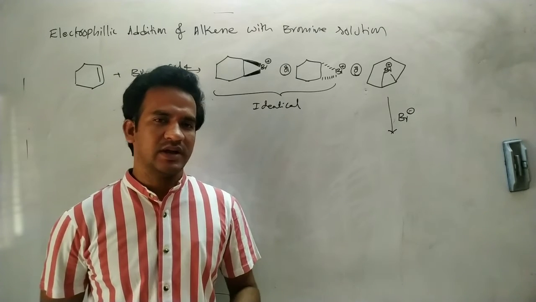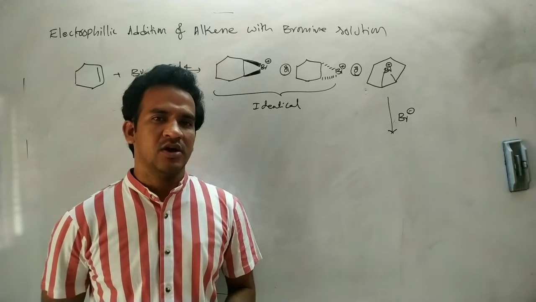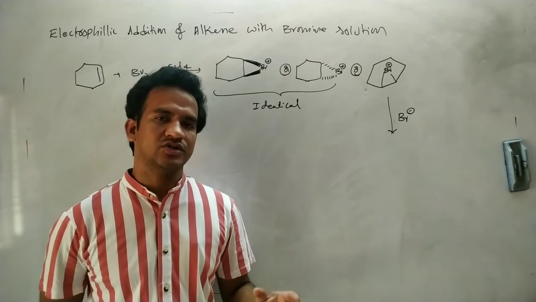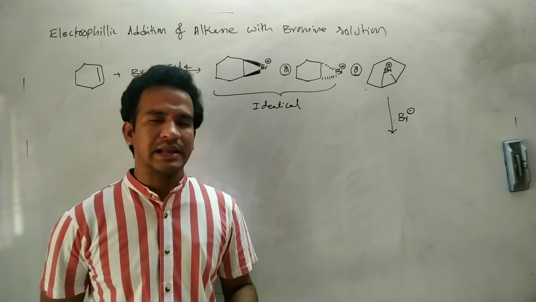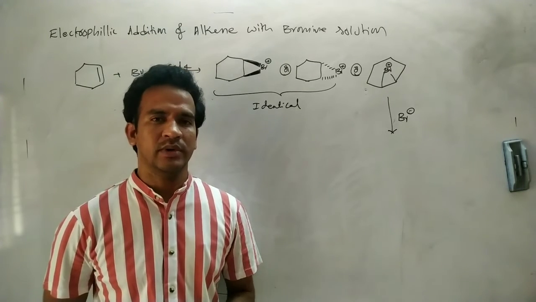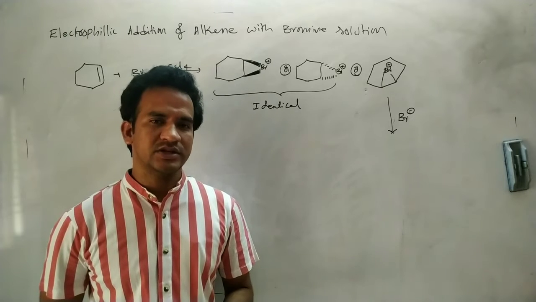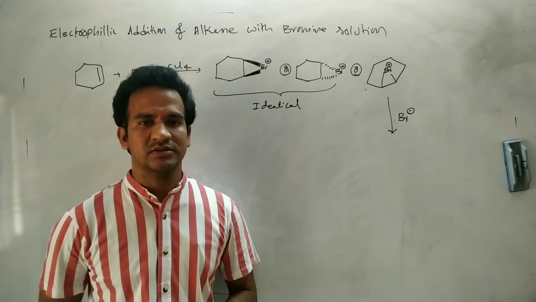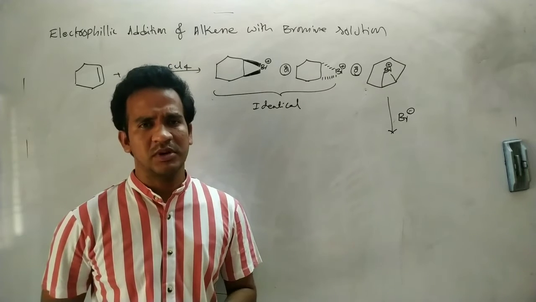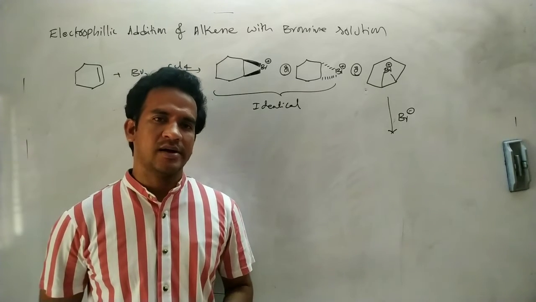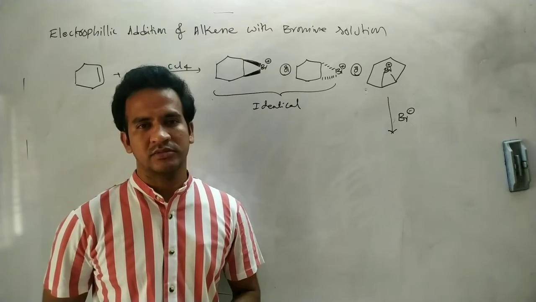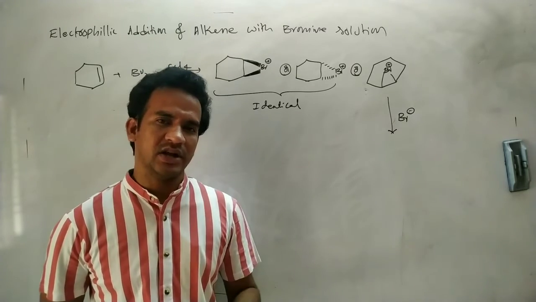Electrophilic addition reactions generally involve a carbocation as a reaction intermediate, but here the halogen addition to alkenes involves a cyclic halonium ion, like a cyclic chloronium ion or cyclic bromonium ion. And this bromine addition reaction is a stereospecific reaction. Here this addition is anti-addition. That means two bromine atoms are added across the C=C double bond in a trans manner. That means it is an anti-addition reaction.